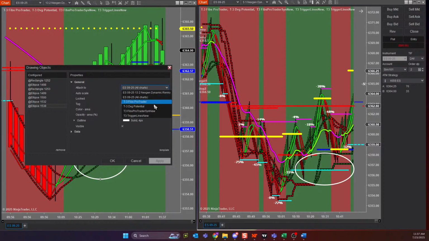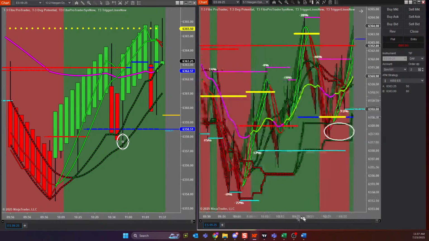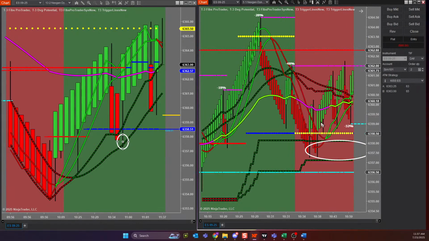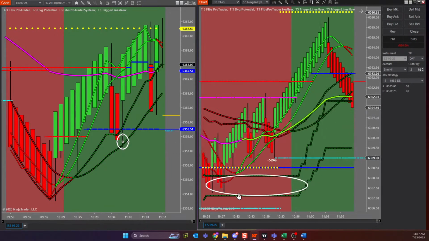If it's just on my 13.2, it goes away. And this is a great way to go back and study too, because you can circle what's happening on the large chart and you can see where it ended up over here. So if I'm looking at a large chart, I'm like, man, right at the bottom of this tail with everything up, was there anything I could have done to take in a trade? And you might say, well, maybe there was, maybe there wasn't, but you can go back and get that information. Let me know if that works for you or doesn't work for you.